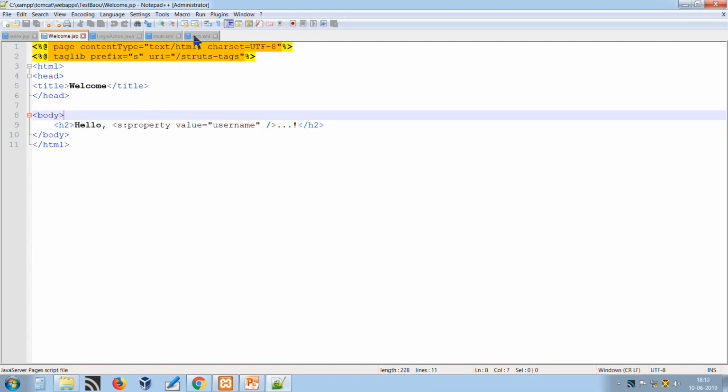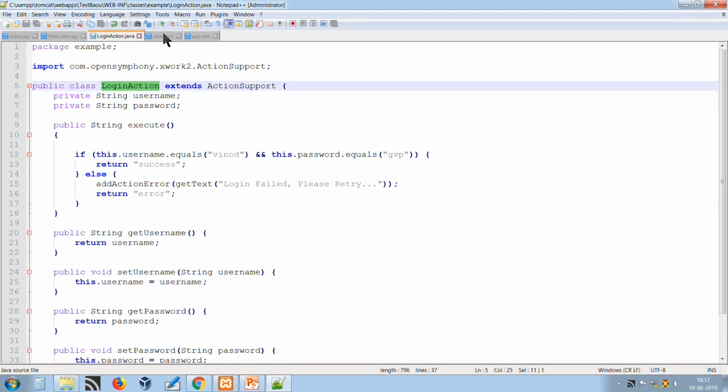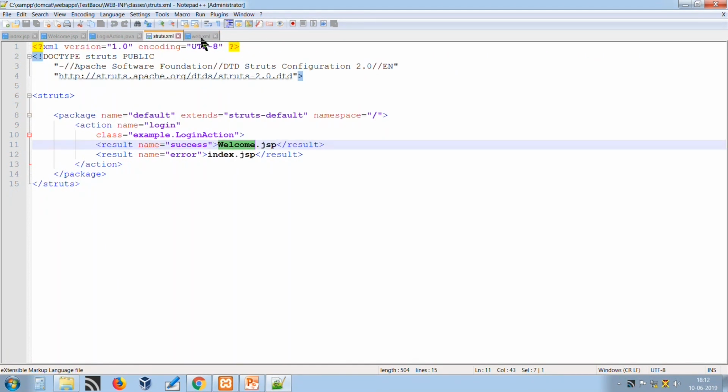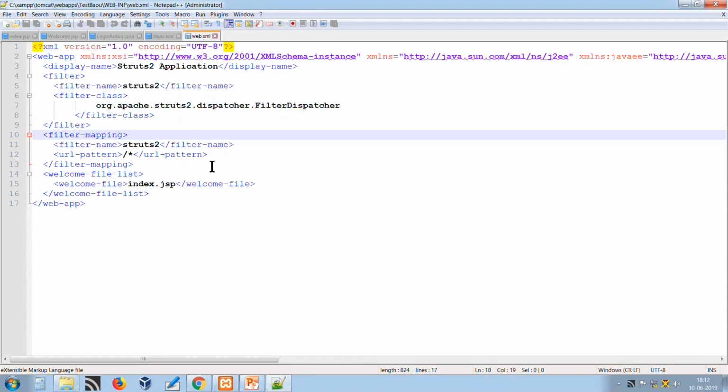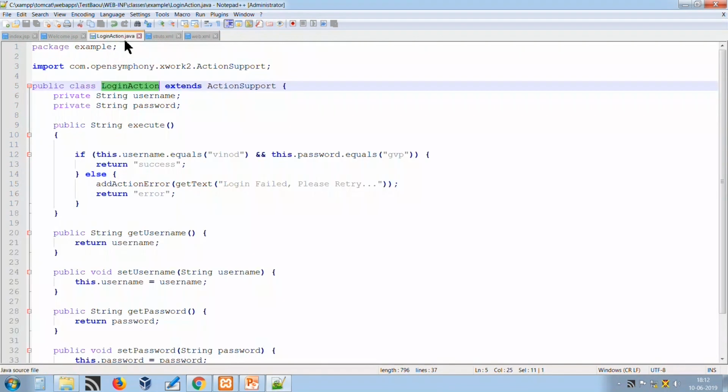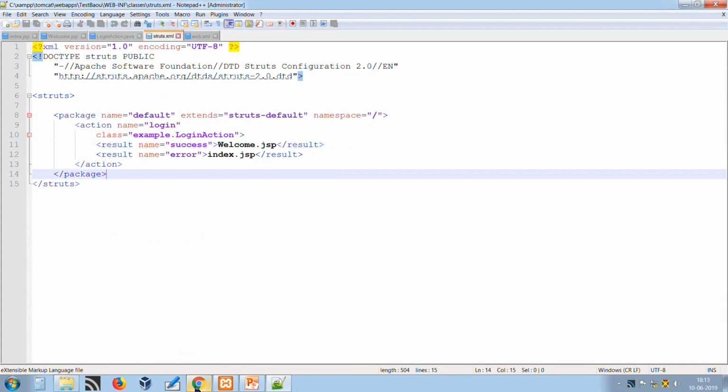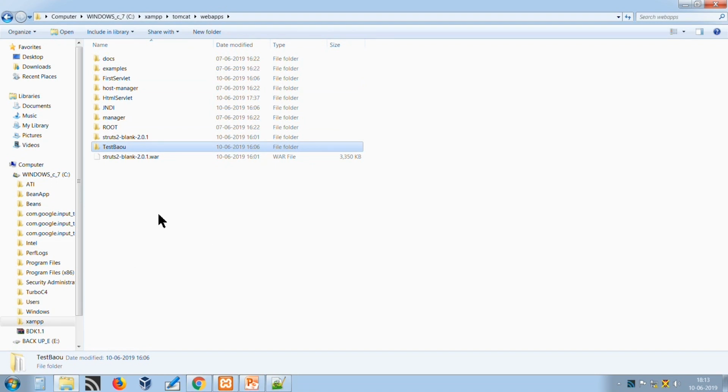After discussing these three files, two are the presentation layers, index.jsp and welcome.jsp, one is the controller, that is login action, and two are the mappings, struts.xml and web.xml. These mapping files decide which actions are to be called, and the action decides which response and which results are to be returned to the client. So, after understanding the struts files, especially the controller file and the struts config file, we can now execute the application. This application is already loaded in the webapps directory of our web container, Tomcat.